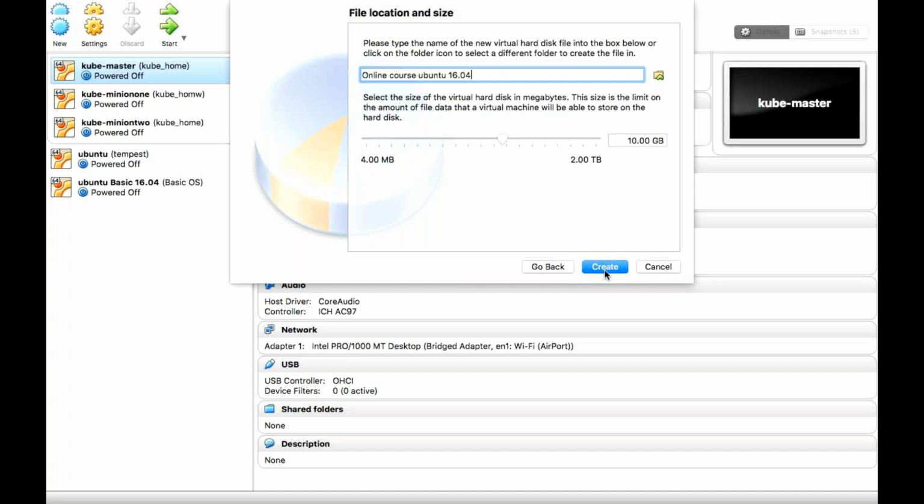Okay, and then what is the maximum limit? 10 GB. But if you want, you can increase. What is my base machine storage? It is 2 terabyte. Okay, you can allocate 2 terabyte. It doesn't matter because it is not using the entire hard disk, right? It is a maximum limit, but it will use dynamically. So as of now, I'm allocating 50 GB, for example. That's it. Okay. So create.